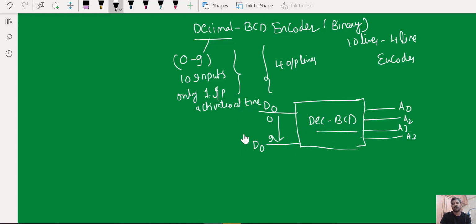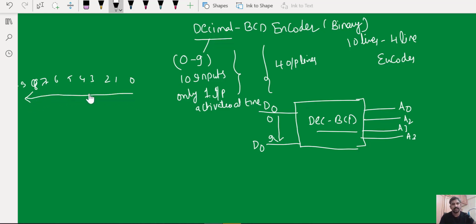First we'll try to form the truth table as well as the output sum expression for each output. First we'll form the truth table for inputs and outputs. So if you look here, you're going to write 10 columns, 0 to 9, and at the input side you're going to have 0 to 9.